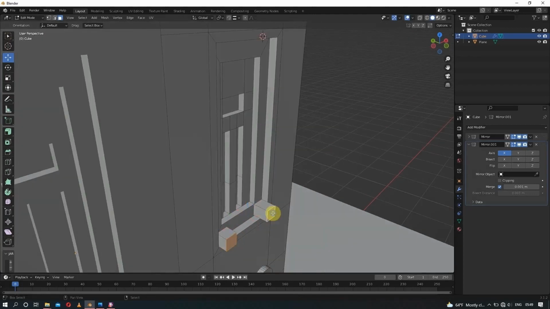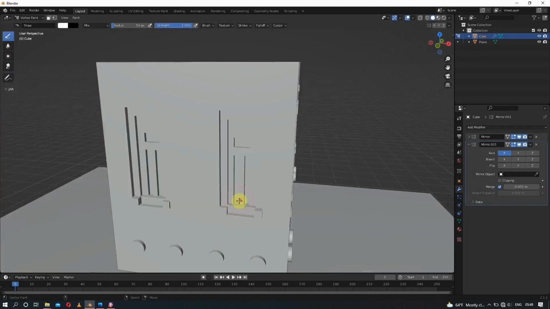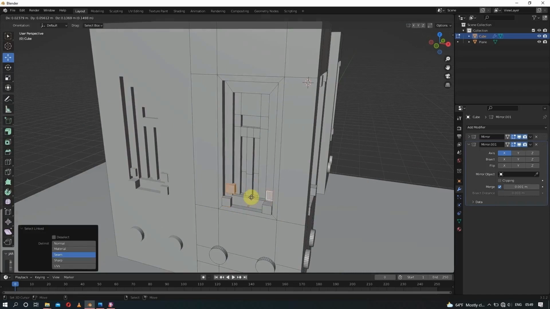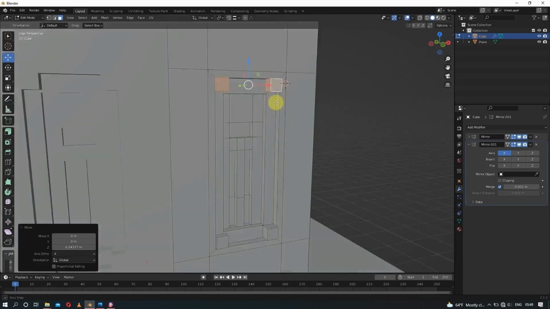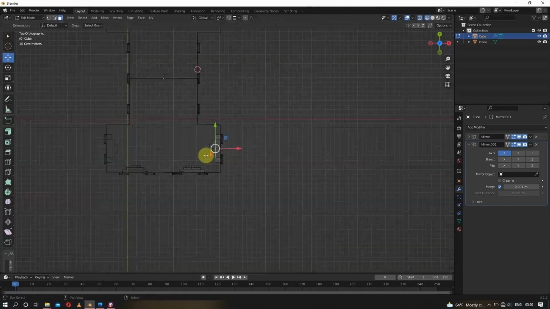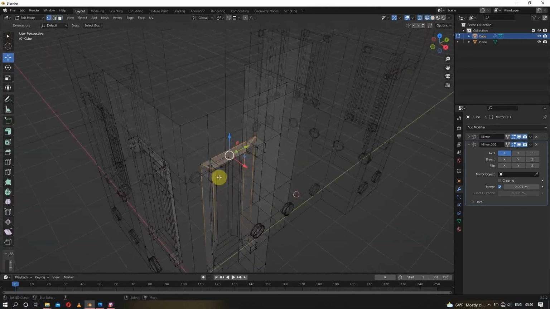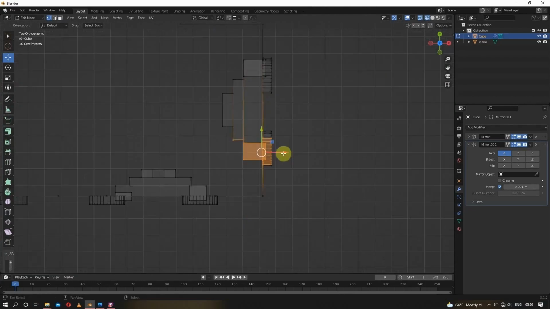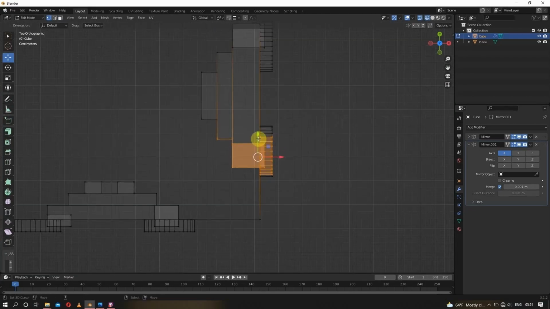Let's scale the front windows. I think they are a bit off. And subdividing the surface. Let's insert and extrude the faces just like